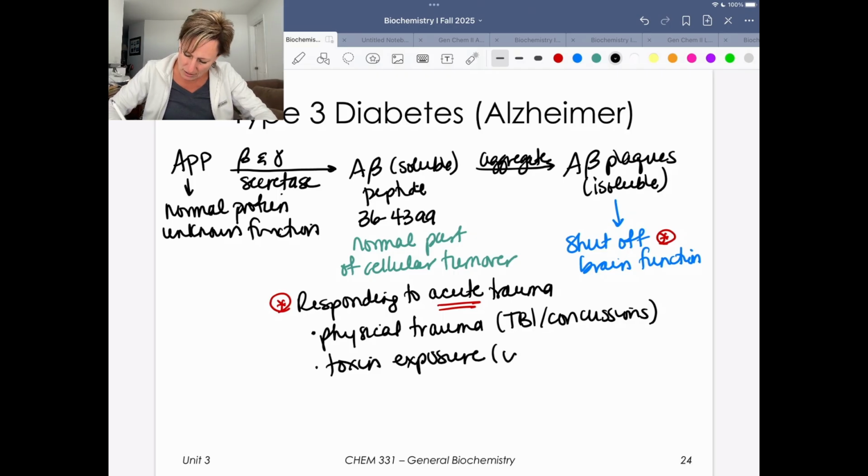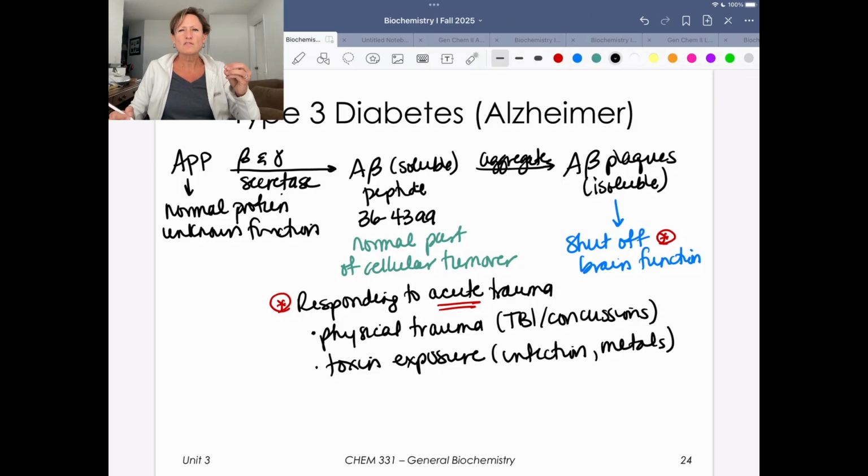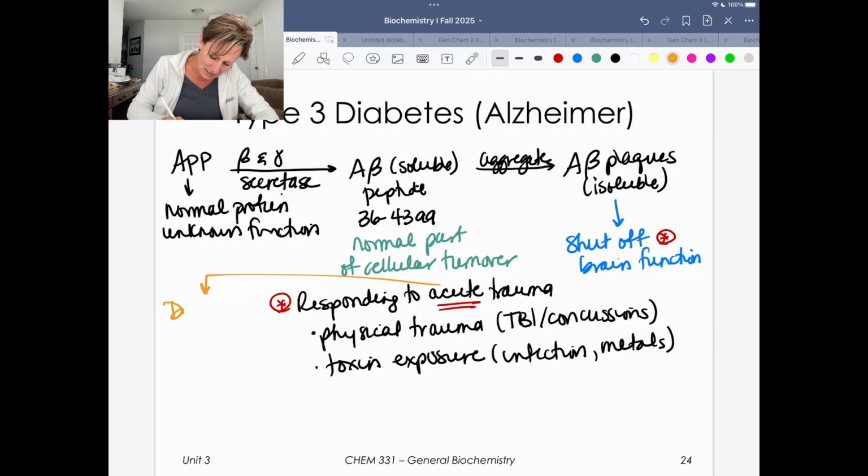Right? Might be an infection, might be exposure to metals. Lots of things can cause this acute trauma that will allow your body to produce these plaques. They wall off that section of the brain, allow you to deal with that acute trauma, and then the plan is get rid of them. Okay? So again, when you're responding to this acute trauma, when the acute trauma is done, you need to get rid of those plaques. So here are some of the protective measures that we know we can use to get rid of those plaques. So we can eliminate plaques